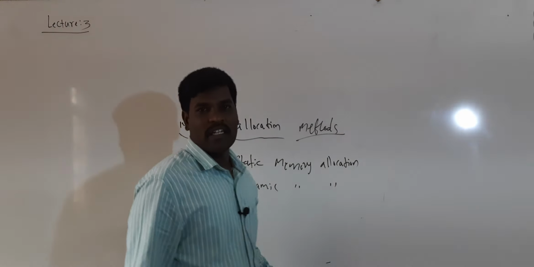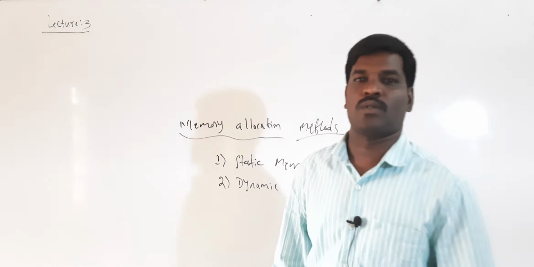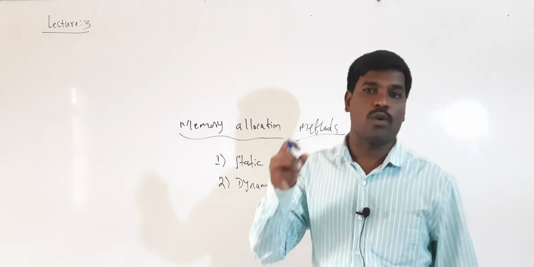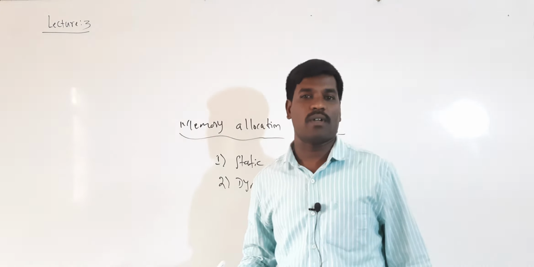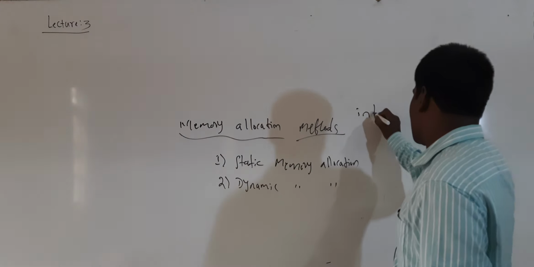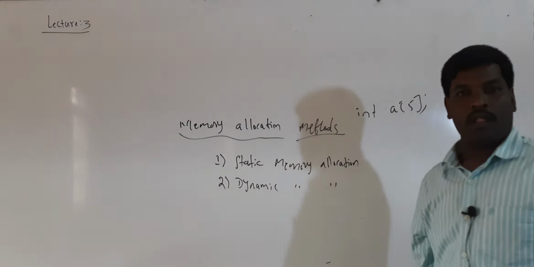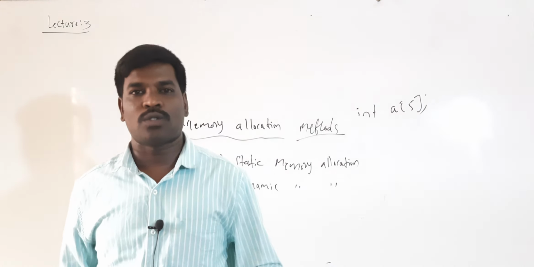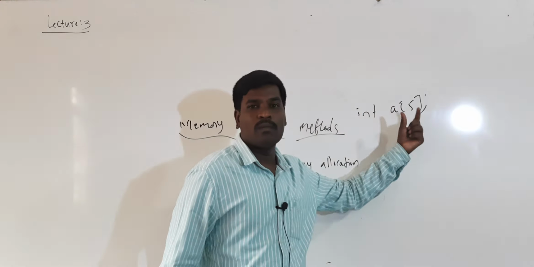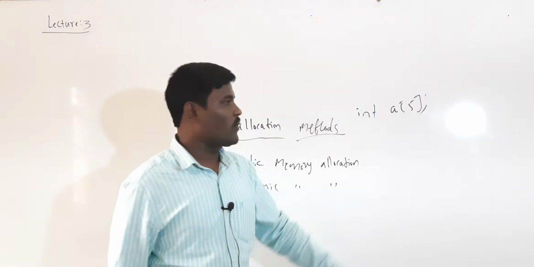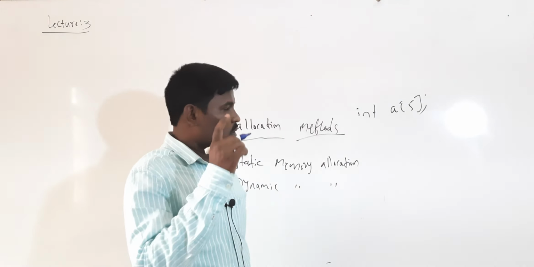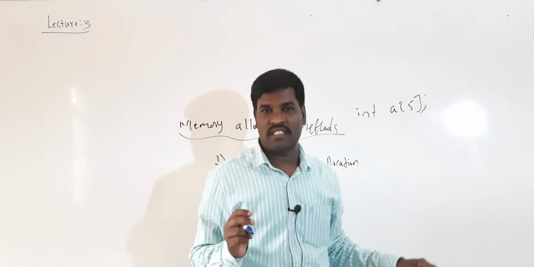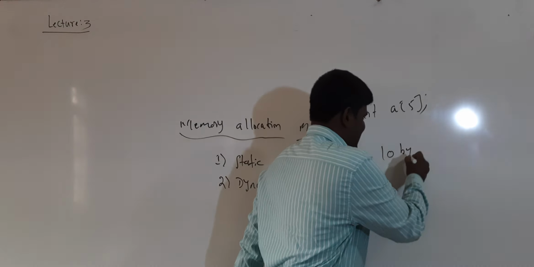So static memory allocation means, in advance we know how the memory is allocated to the variable, that is, how much memory is allocated to the particular variable. For example, if I write int a[5], here in advance the user already knows that 10 bytes will be reserved for this array. For one integer 2 bytes. Here the maximum size is 5, which means 10 bytes are